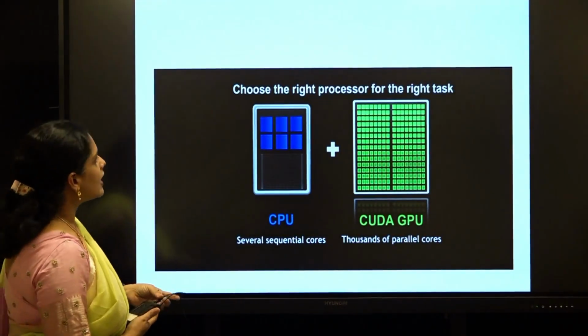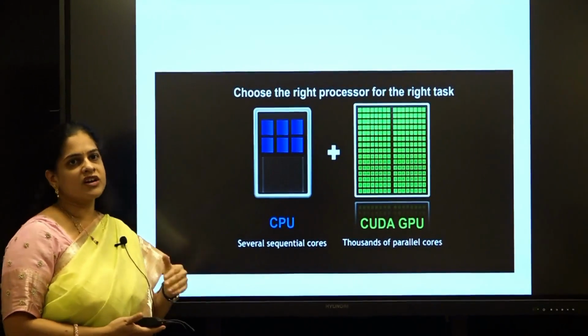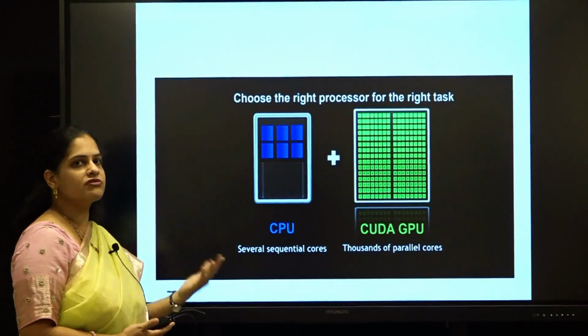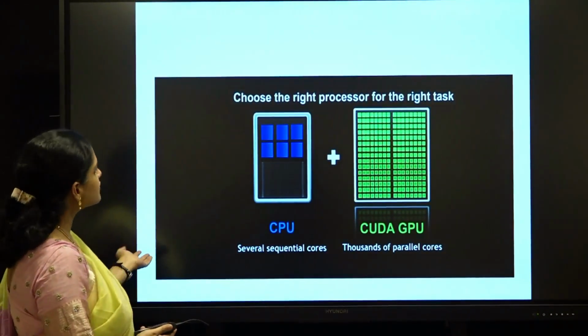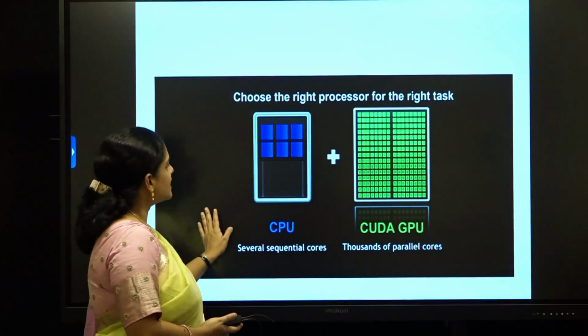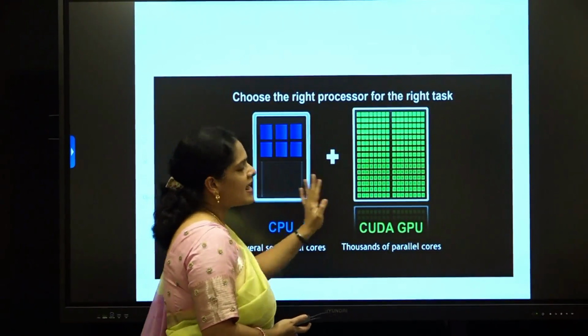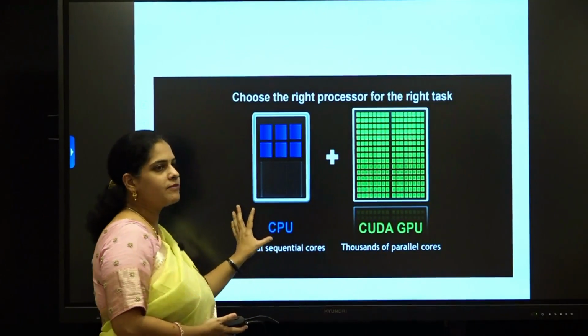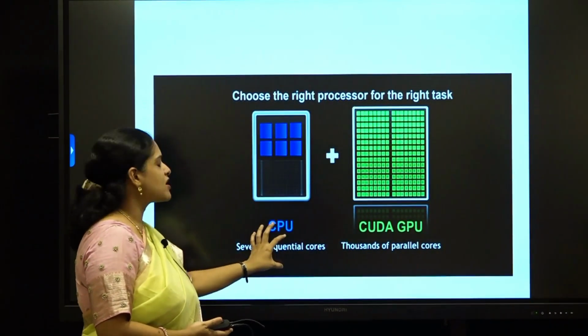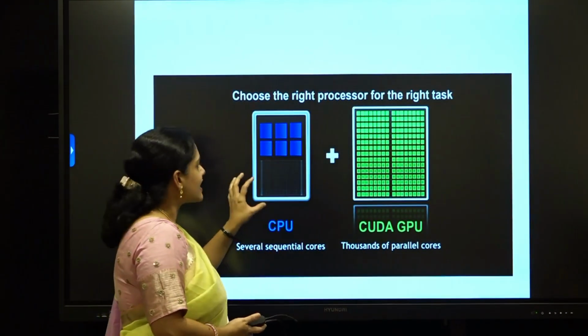And one more thing, a GPU cannot work on its own. It cannot work individually. It has to be used along with a CPU. So it is a combination of CPU and a GPU. If you have a program, the program resides in the main memory of your CPU, and the task of the